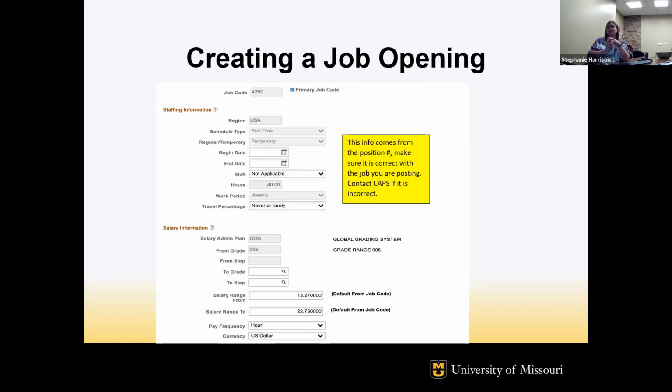And then down below, it shows the salary information. You will see that it shows the salary range, and it's the full range for that job code. Even if you don't want to post the full range for the position, still don't change this information here, because this isn't going to show up anywhere. You're going to be able to list specifically what your salary range is going to be on the job posting tab, and we'll get to that one in just a few moments. But like I said, you'll want to review this information. Just make sure that if it's full-time or part-time, that it's listed correctly, and the number of hours and the job code is correct.